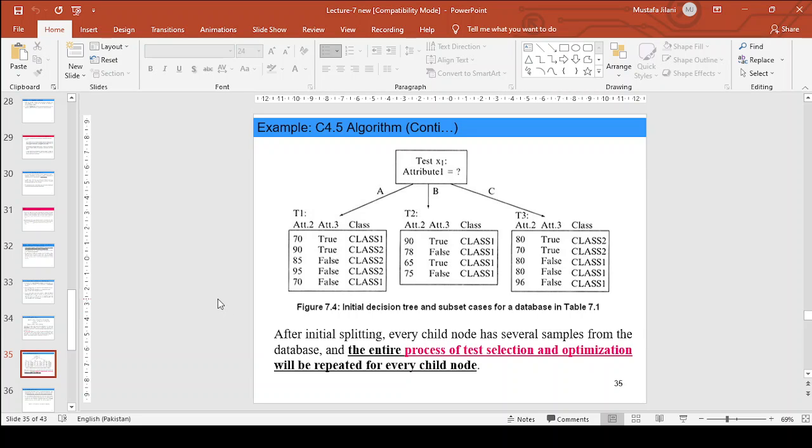Some classification algorithms run when you have a minimum number of observations from each class. Suppose class 1 should have a minimum of two values and class 2 should have at least 2 values, then you can say this can be split further and this can also be split further. But this is user defined: how many observations in each of the sub tables, like table T1, table 2, table 3, T3, and how many observations from each class there should be. So it could be a minimum of 2 or a minimum of 5 of each class.